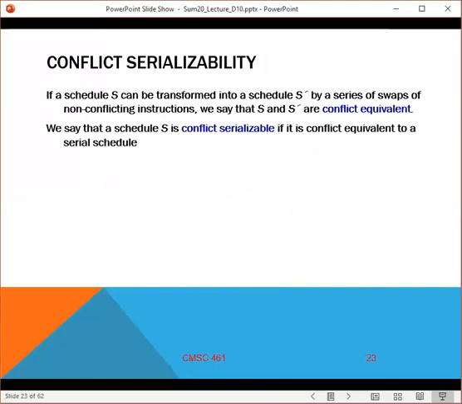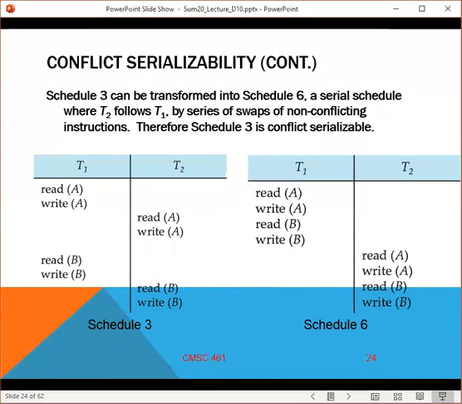So if the optimizer can do the virtual swap, then it's equivalent to a serial schedule, and the sets of transactions can run together. And here's another example. So we can look at Schedule 3, and we can actually swap it around so that we make it the virtual equivalent of Schedule 6. So that means that it's conflict serializable, and we can run transaction 1 and transaction 2 together, even though they